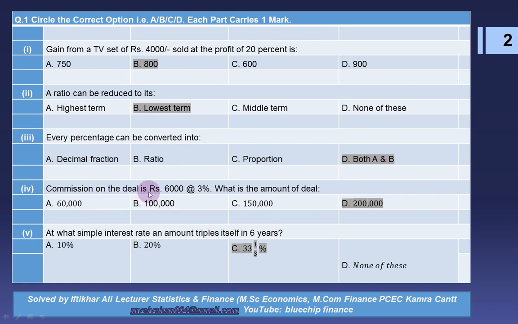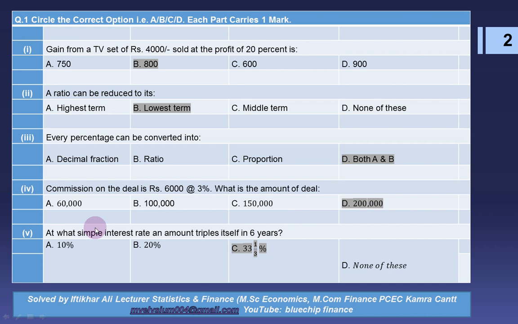Commission on the deal is rupees 6,000 at 3%. What is the amount of deal? So here commission is 6,000 and it is the 3%. So this 6,000 is 3 equal parts. If we know the one equal part, we can multiply with 100 to get the amount. So 6,000 divided by 3 multiplied by 100,